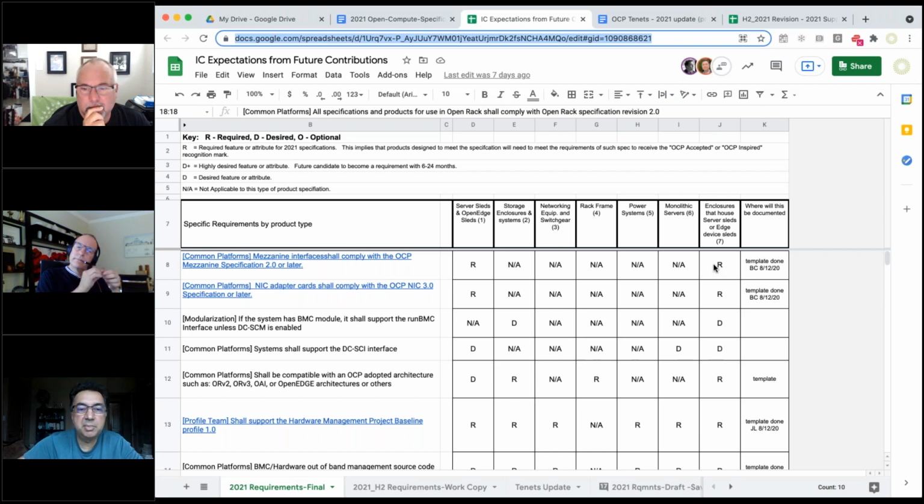But the statement could be referring people to this table. Look in this table, and if your product or your design, based on this particular table, is required to do this, then do it that way.